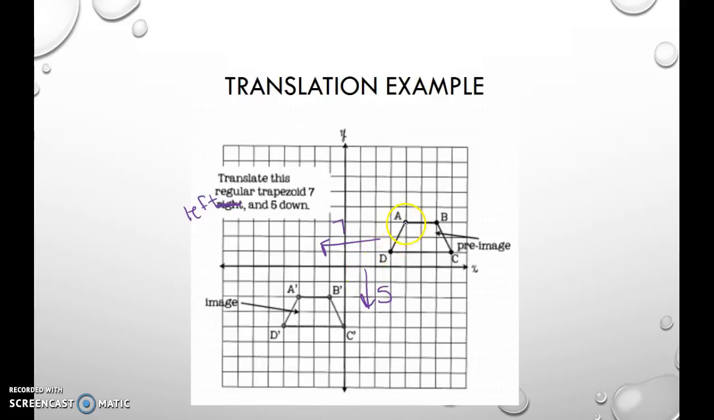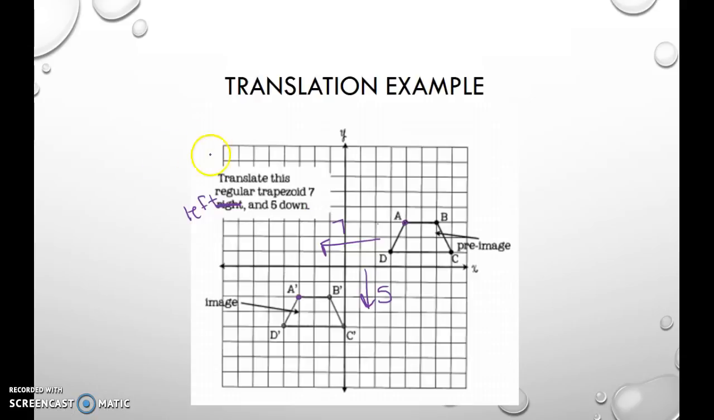So for each point, for instance, point A, I went over 1, 2, 3, 4, 5, 6, 7, and then I went down 1, 2, 3, 4, 5. And again, we would repeat that for each of these. I'll just do one more. D, we went 1, 2, 3, 4, 5, 6, 7. And we went down 1, 2, 3, 4, 5. Okay, so that's left 7 and down 5,